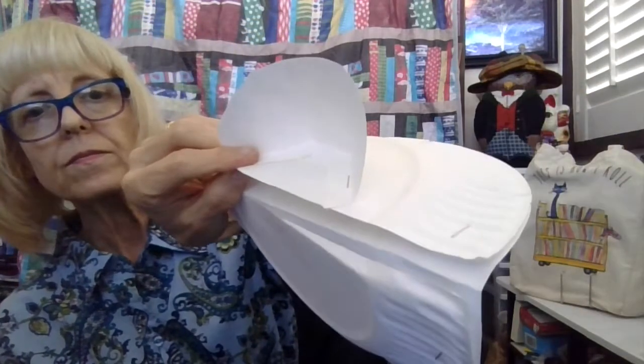Staple it. Fold it around to the other side. See what I'm doing right here? Staple it. I tried taping it, but it didn't work with tape, so stapling's much better. All right, so I made my little forehead. Now we have places where we can glue the eyes, and that's what we're going to do with the other